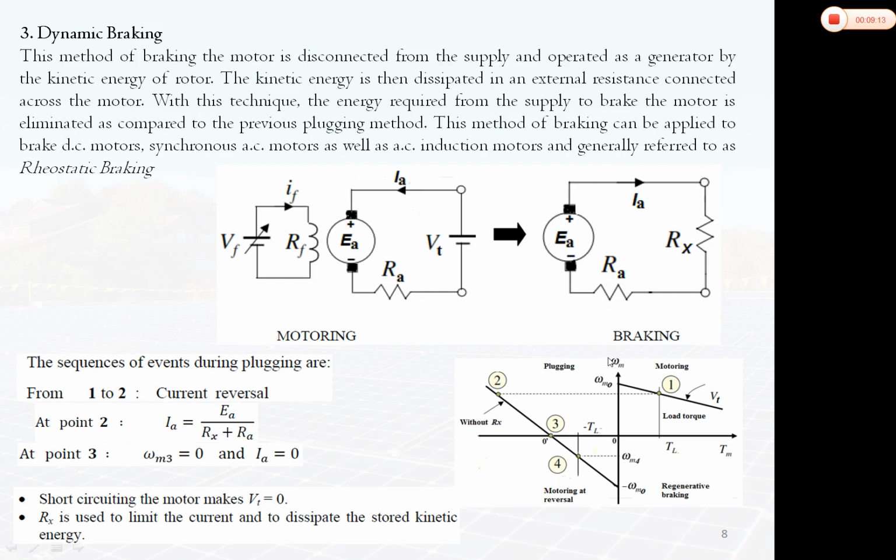From this diagram you can see it was working at point 1, then after armature voltage becomes 0, in (V minus E) upon Ra, V becomes 0, so the armature current becomes minus E upon Ra. Again, back EMF is very high and armature circuit resistance is very small, so we have inserted this Rx to limit the armature current. So the armature current will be E upon (Rx plus Ra). Now the torque becomes negative, speed is positive, so the speed will come down, and after reaching point 3 the motor will stop.